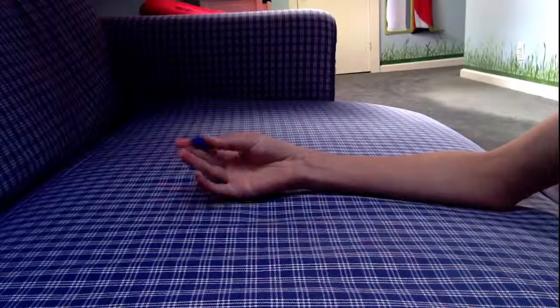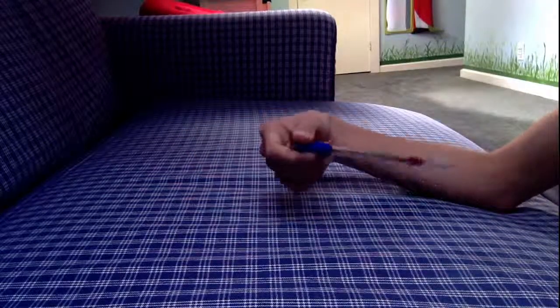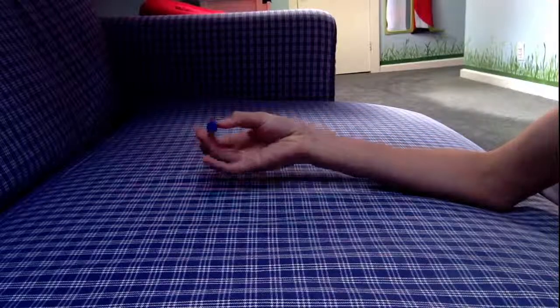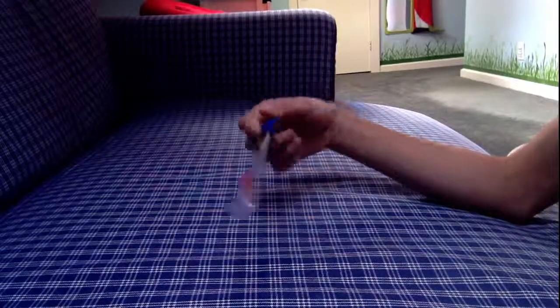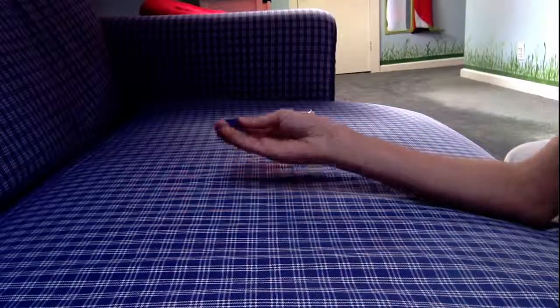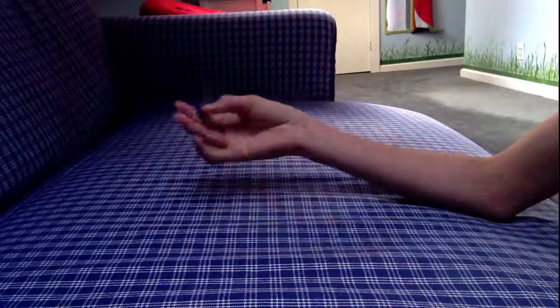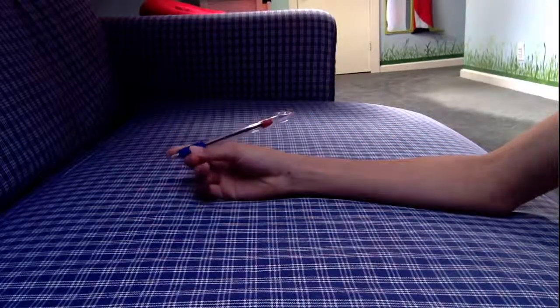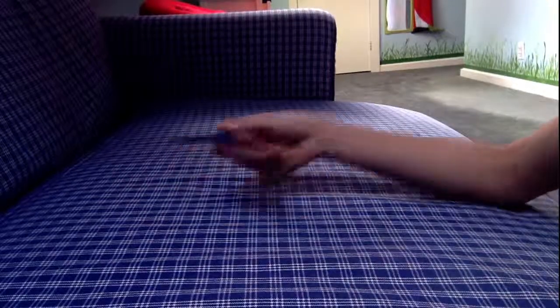So right here, getting this motion down with good speed is really what makes this trick go. If you don't have this down with good enough momentum, this trick is not going to work. So once you have this, just the flicking motion, using either your thumb to push it down or your wrist flick, you can